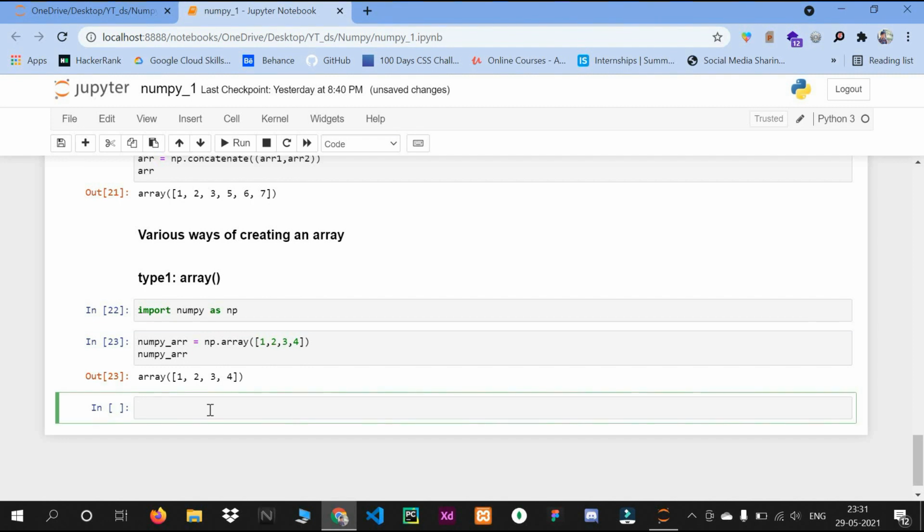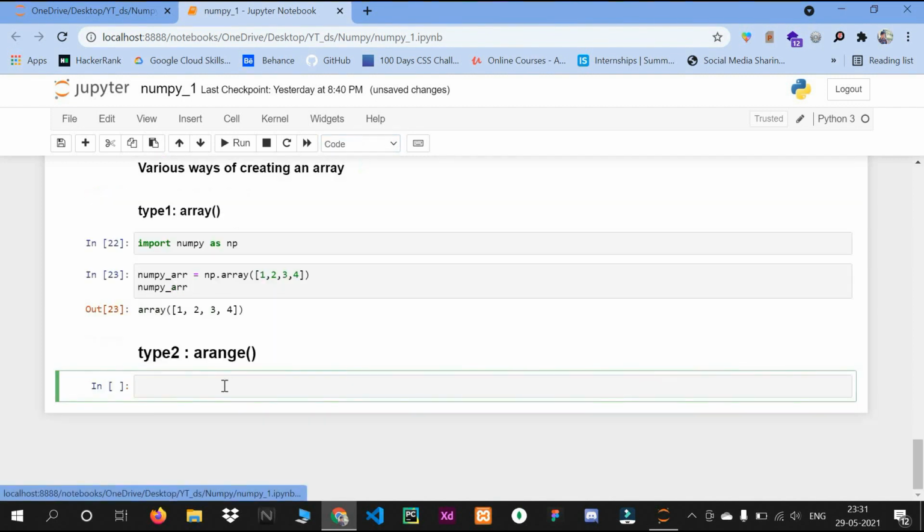For the second method, I will write type 2. Type 2 is using the arange function.